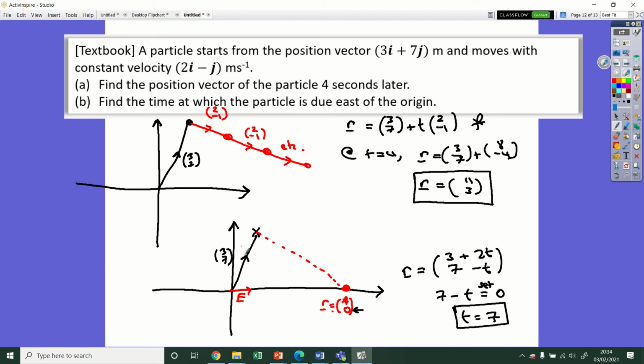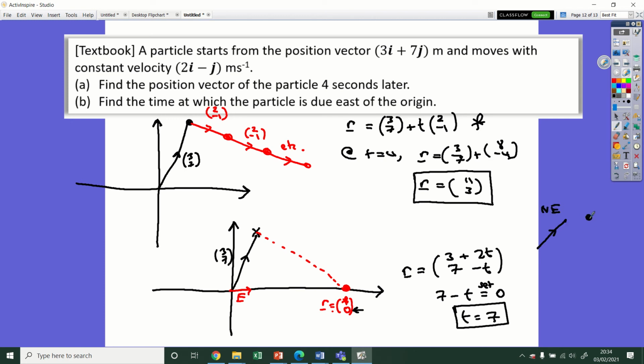So these questions are quite common. If you're asked to figure out when you're due east or some compass direction from the origin, you've got to be thinking about what that means in terms of the components of this vector. Sometimes you can set them equal to 0. If you're moving, for example, in a northeast direction,